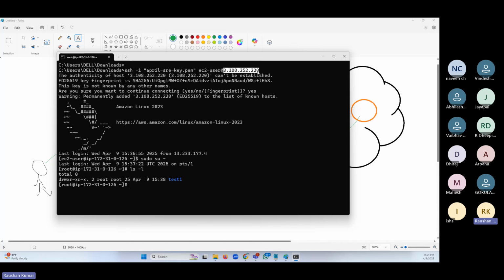This is my public IP. I cannot use the private IP from my laptop to connect to the server. How do I connect to the private IP? You cannot connect to the private IP from here.